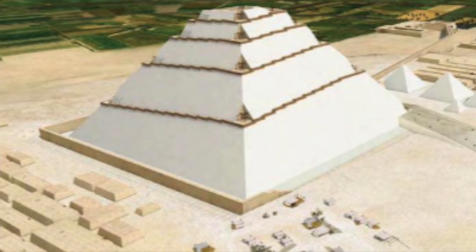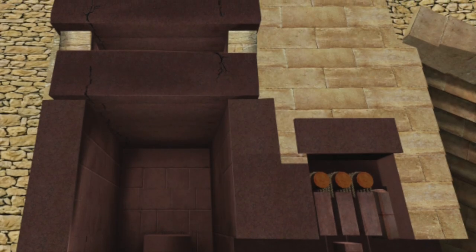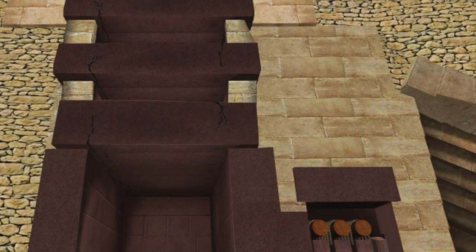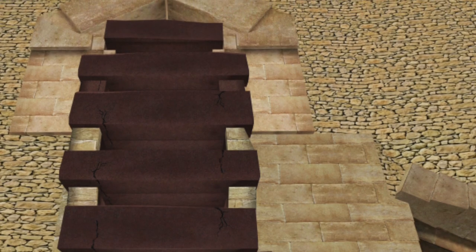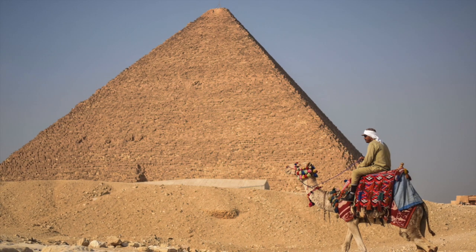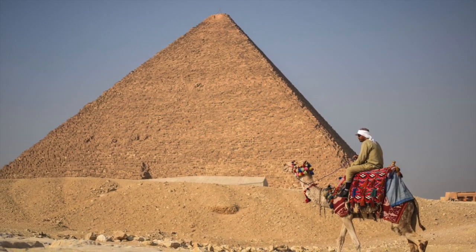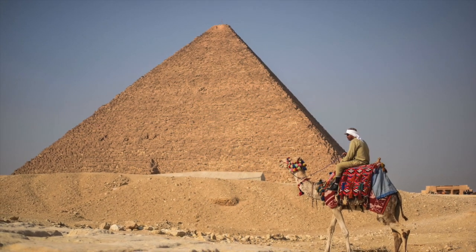This happened after the King's Chamber and so-called relieving chambers and rafters had long been in place. Further to this, the first and second course of relieving chamber ceilings also cracked. The first at 420 feet of completed pyramid and the second at 450 feet. Thankfully, despite all of this, there was not that much pyramid left to go, at least not enough to crack any more beams and cause any more problems. The pyramid then was now reaching its final stages of construction.